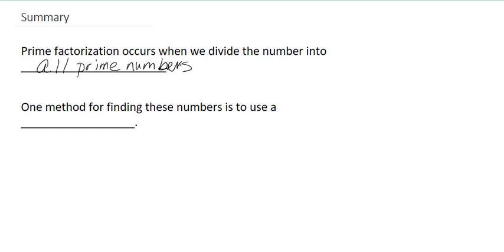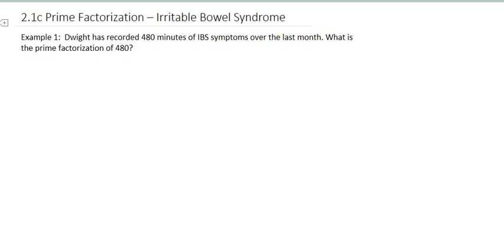This is something that we have done in the previous lessons, but we did not use the fancy term of prime factorization. One method for finding these numbers is to use a factor tree. This occurs when we split a number into two numbers that can be multiplied together to equal the number above it. So let's do the factor tree here with 480. So we would write 480 at the top, and then we would